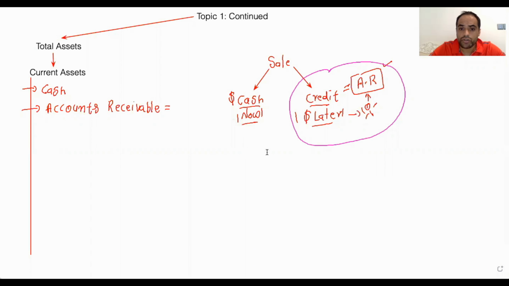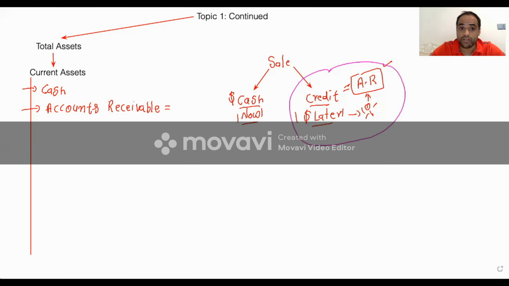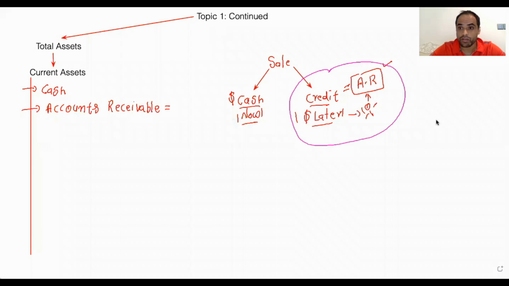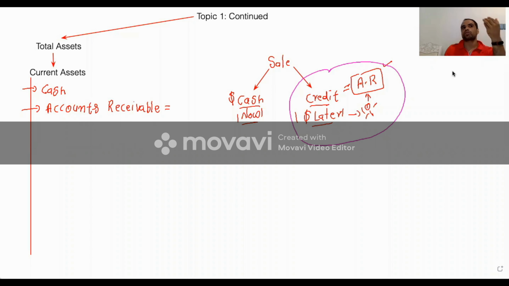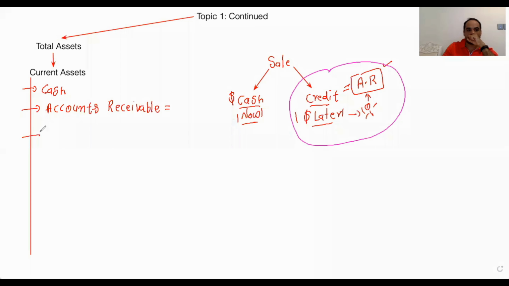So make sure you remember all these kinds of assets that I will explain to you, because if you do not know them, then when we start topic 2, you're going to have big trouble. If you do not understand these. So account receivable is a current asset because in a short period of time, later means of course 1 month, 2 months, 3 months, or a maximum of 1 year, they have to return money to you. Now next,